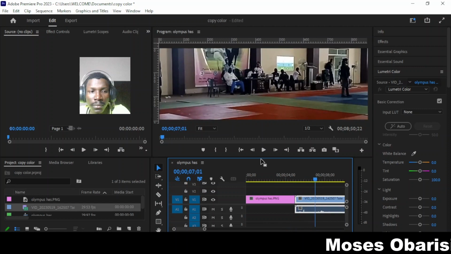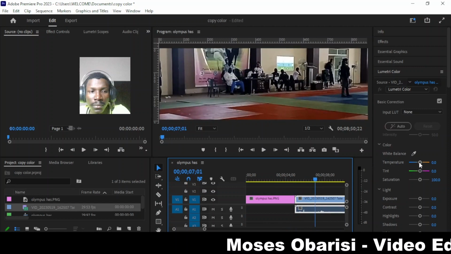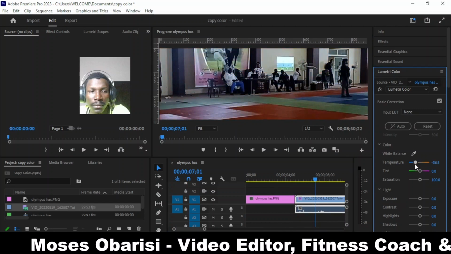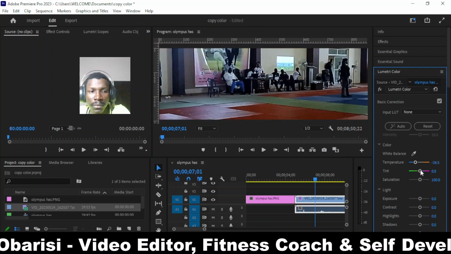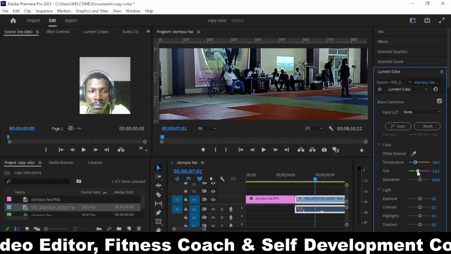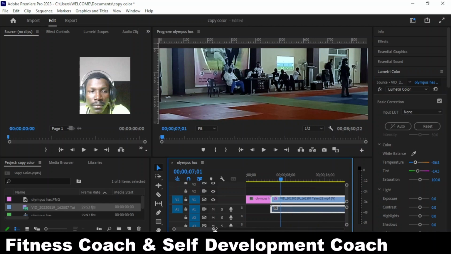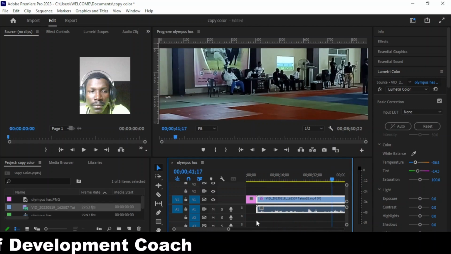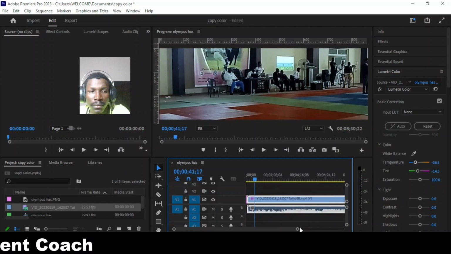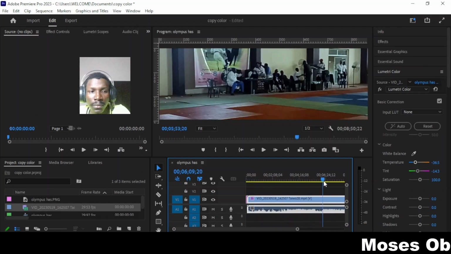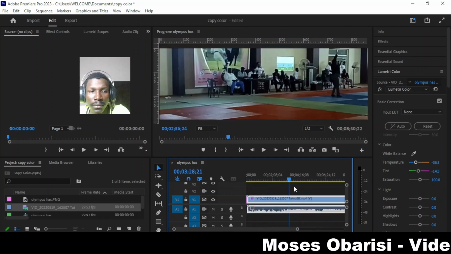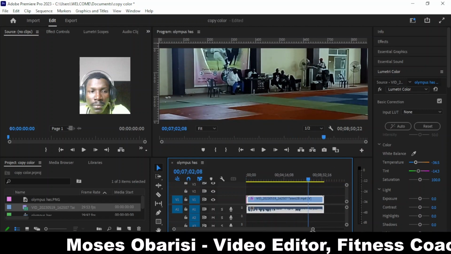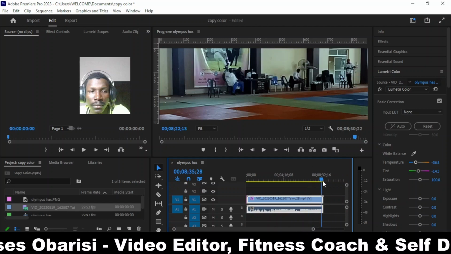So the next thing I can do is maybe you can do your color correction. That's one thing that you must do first before copying the color grade to your footage. Ensure you do your color correction. Then when you are done with the color correction,